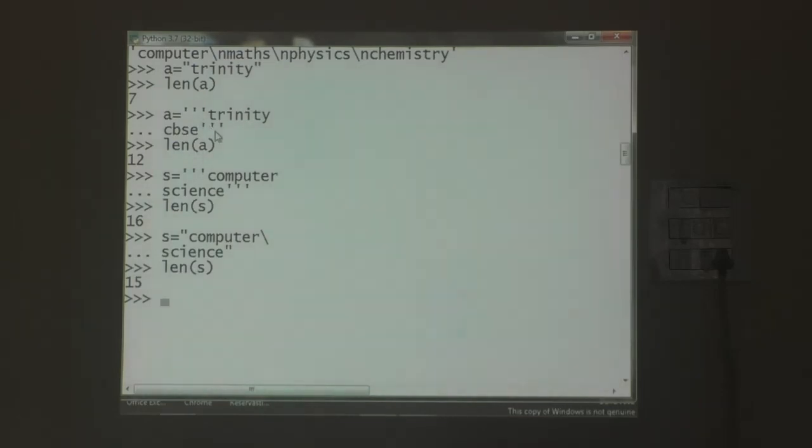For a multi-line string created with single or double quotes, we add a backslash at the end of each line, and the backslash character is not counted.